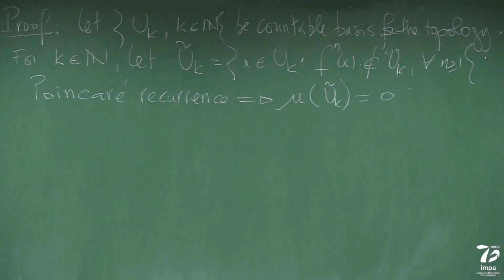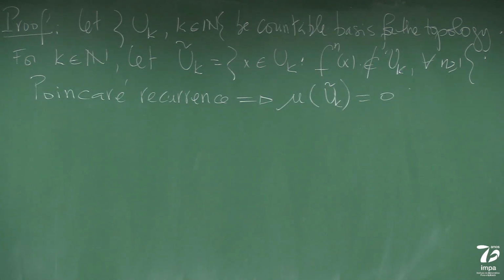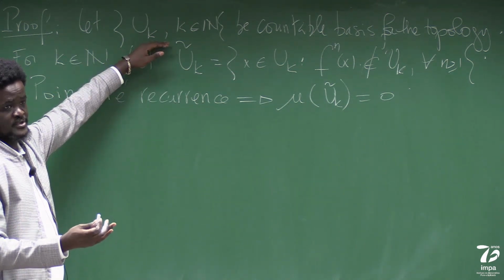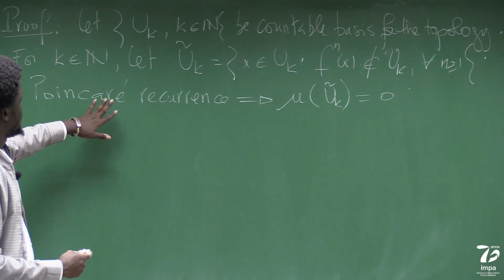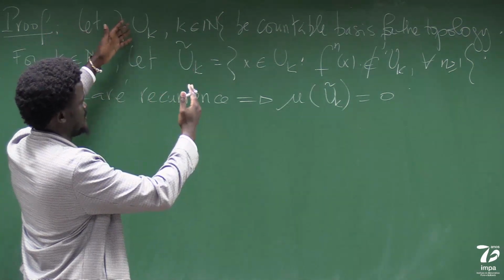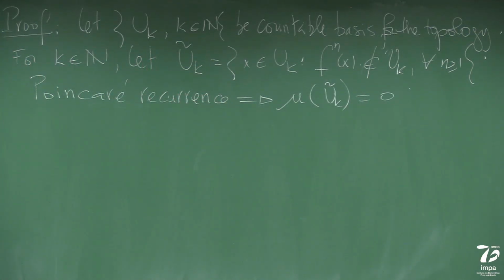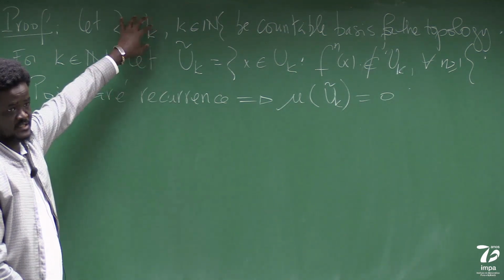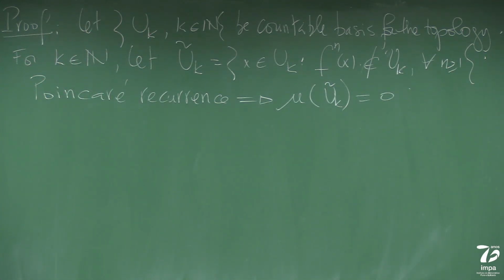That is something you can suppose here, because if there are some U_k that has 0 measure, you can disregard that in this collection. That might not form a basis of the topology, but at the end we are going to pick a set that will be a basis of a full measure set, like M. If you disregard a U_k with zero measure, you will have a basis of a full measure set. It won't be M, it will be another set, but it will still have full measure.